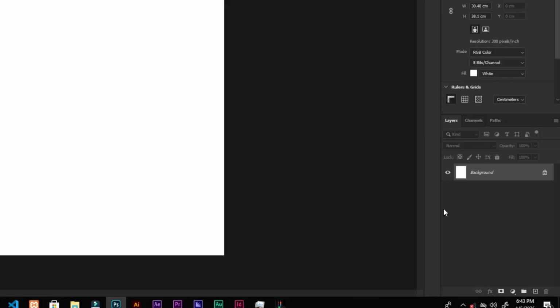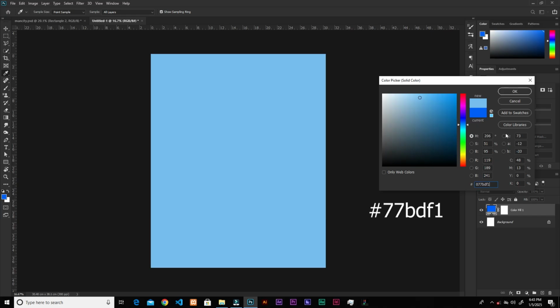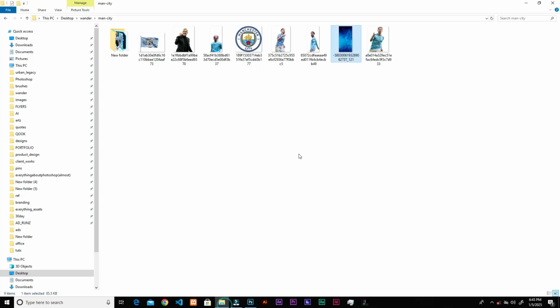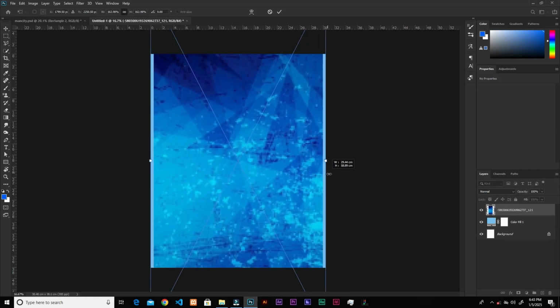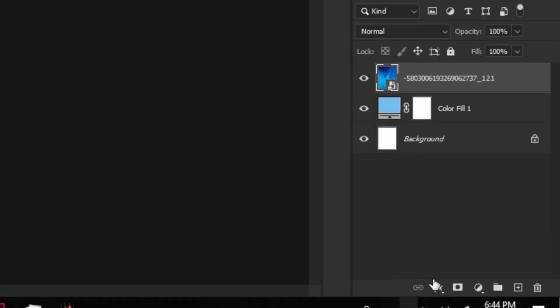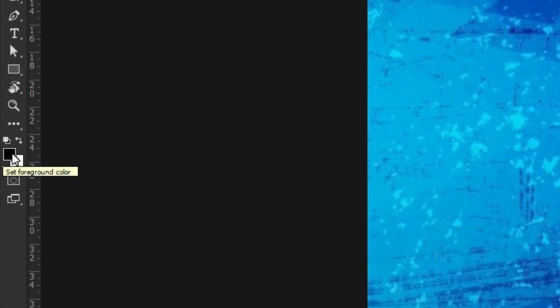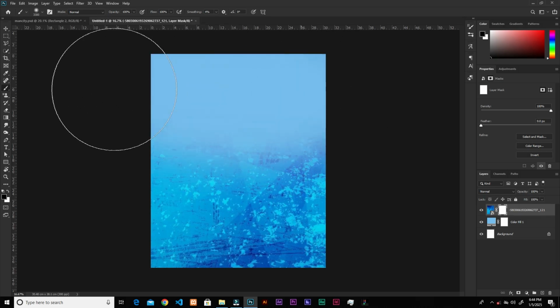Okay, so let's quickly grab a solid color and then I'll input this color code. All right, so let's go into our resources folder and bring this background. All right, so I'll add a layer mask from here. Grab the brush, B on the keyboard, make sure the foreground color is black, then I'll just wipe the top